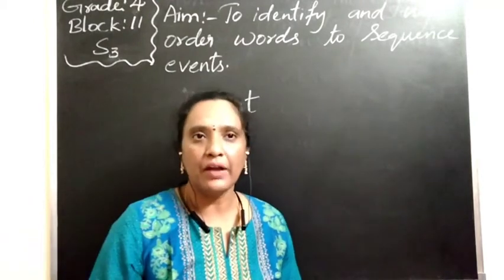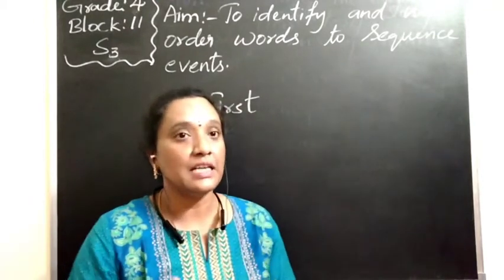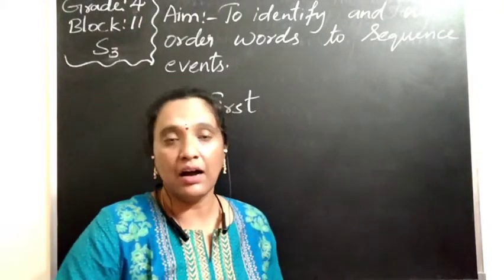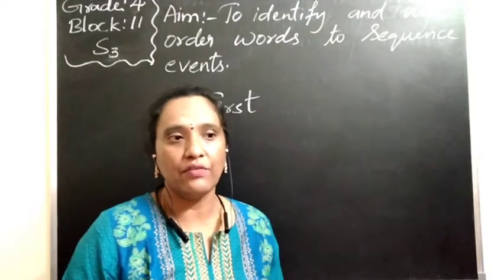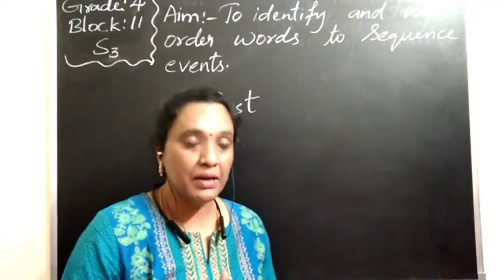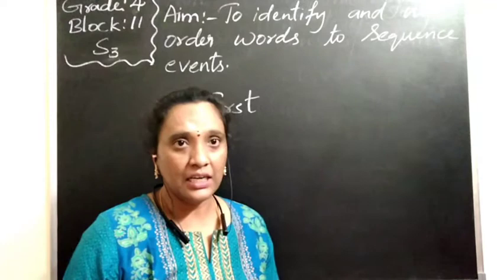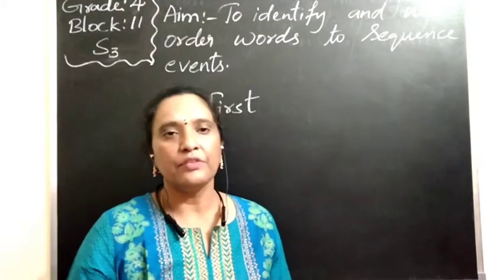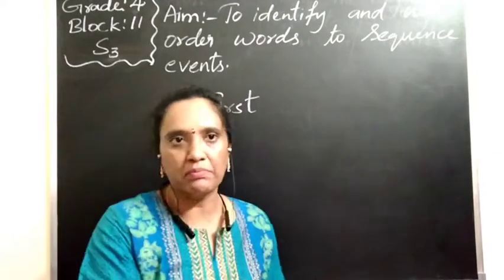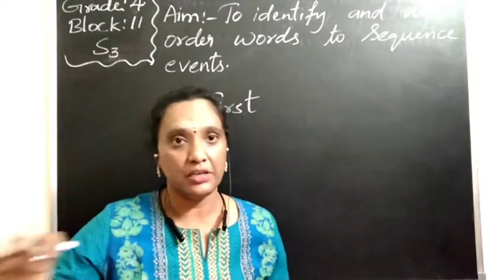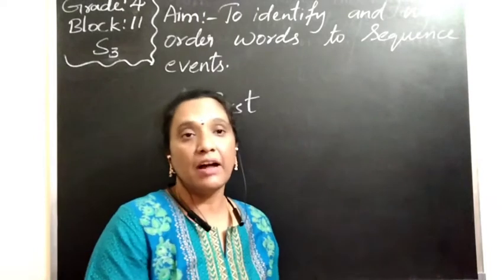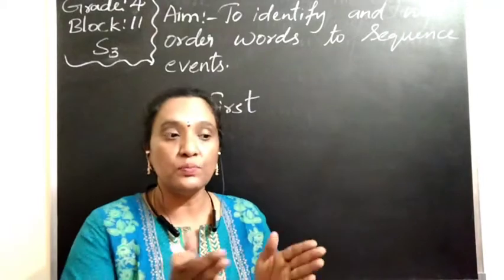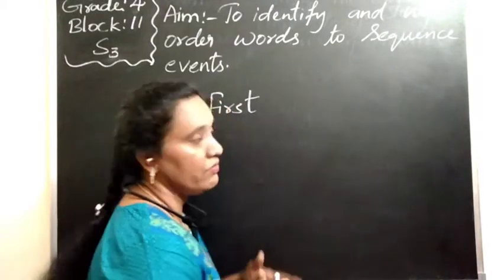In the same way, every event, from morning till evening, these are the events that happen in our life. The situations that occur in our day, maybe per day, in a week, or in a year, or from birth to death, the journey. They may write what is happening in the form of stories, serials, or something. So to sequence them, to put them in an order, we need the order words.